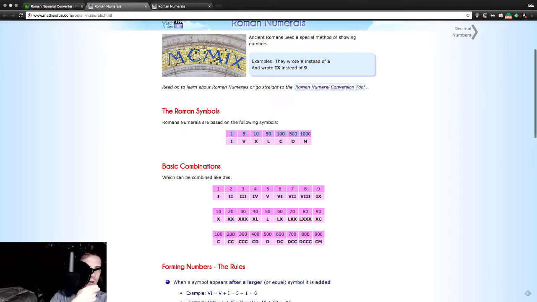If it's 1, if it's less than 5, repeat the number of times. Repeat I 3 times. If it's 4, blah, blah, blah. At 5,